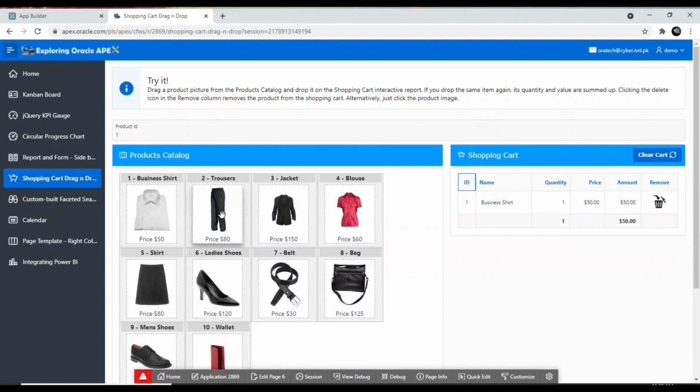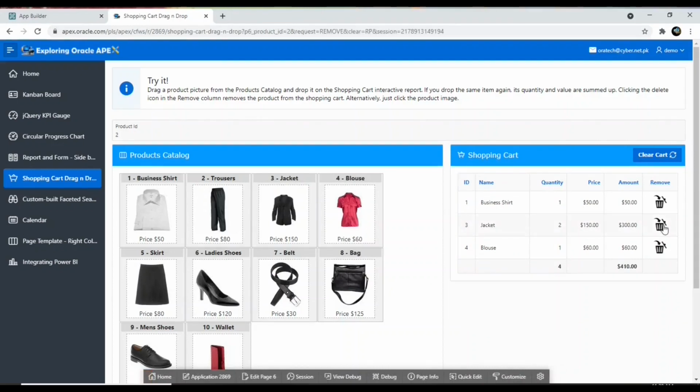You can drag and drop a product multiple times. As you do this, the quantity column value increases accordingly. For instance, I already have one jacket in my cart. If I drag and drop it again in the cart, the value in the quantity column will increase and the